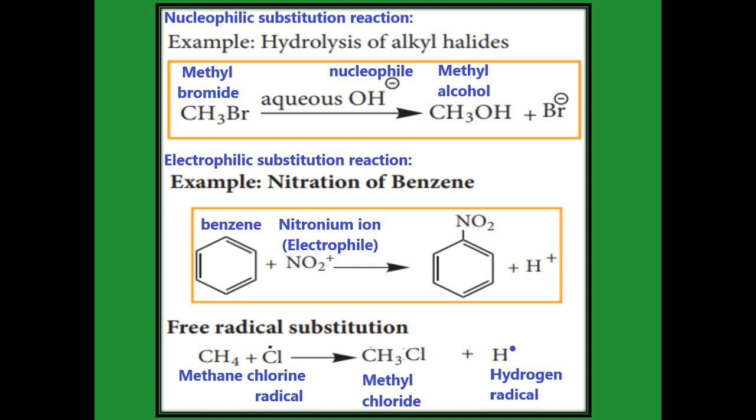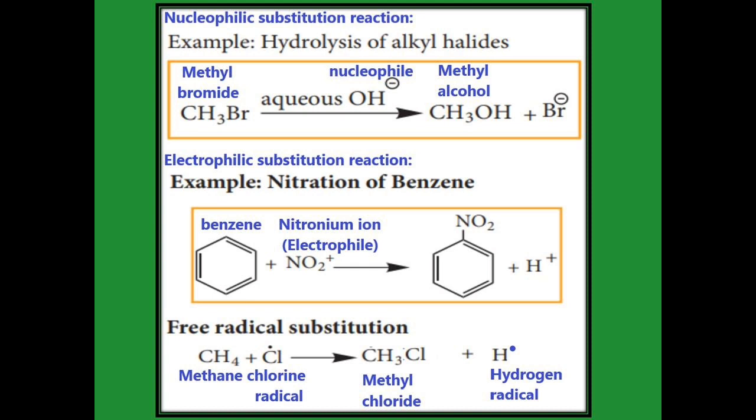Another one is the electrophilic substitution reaction. Instead of one of the hydrogens we are going to substitute NO2 plus, which is called an electrophile, in benzene, so it is called an electrophilic substitution reaction. The hydrogen is now replaced, leaving as H plus. Then NO2 plus, the positive character, is attracted by the negative. Benzene has a lot of electron density, so it attracts the NO2 plus. So instead of one hydrogen we substitute NO2 plus, which is called an electrophilic substitution reaction.